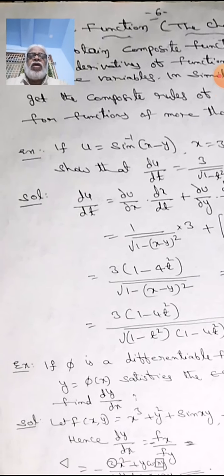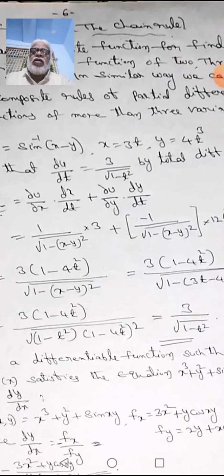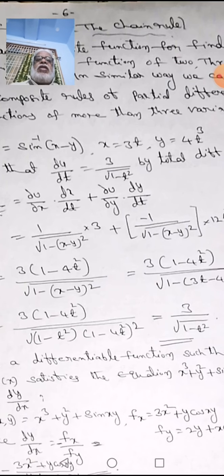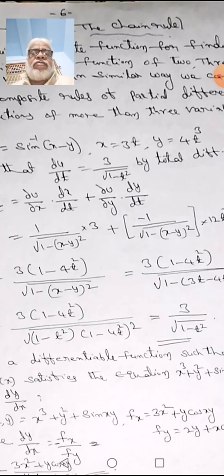Suppose if you want to verify it, just take sin inverse x where x is 3t and y is 4t cube, and directly substitute the general derivative for dou u by dou t. You get this also, but the simplification is very large, because that is the formula for sin inverse x, which is 1 by root of 1 minus t square. That's why t square means 3t minus 4t cube whole square. You must elaborate that one and simplify, take common terms, and by verification show that it is 3 by 1 minus 4t square.